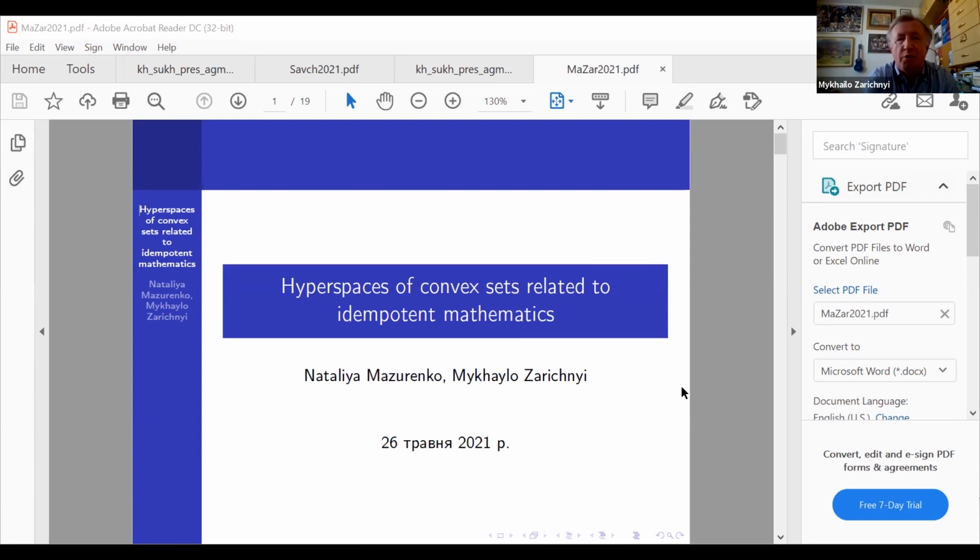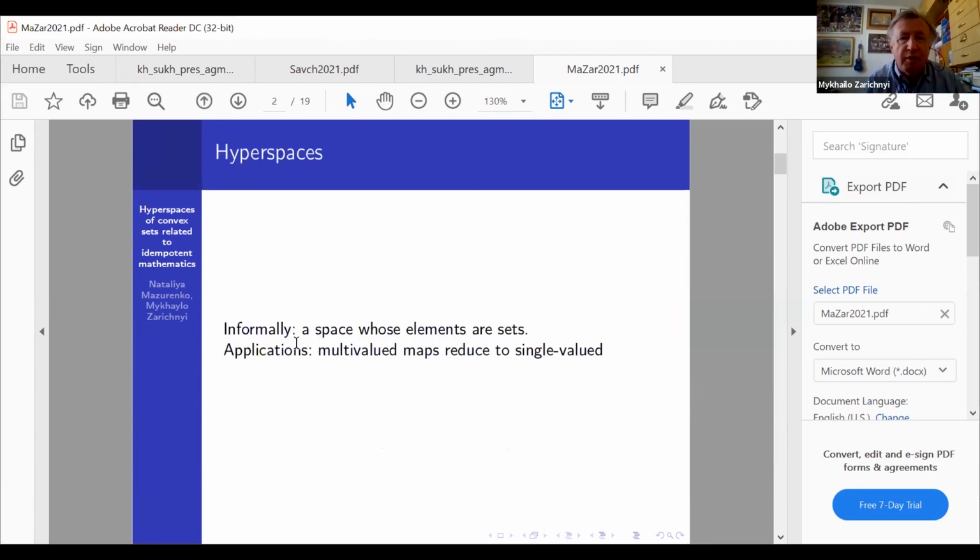I would like to say a few words about the notion of hyperspace. Actually, if we read some books of science fiction writer Stanislaw Lem, for example, then one of his heroes asks another one who are in space, "What are you reading about?" And he replies, "I'm reading about the topology of hyperspaces." So this is also an informal notion, but I will continue informally, and I would like to tell that informally, a hyperspace is a space whose elements are sets of some space.